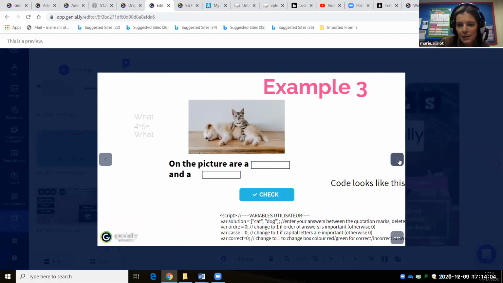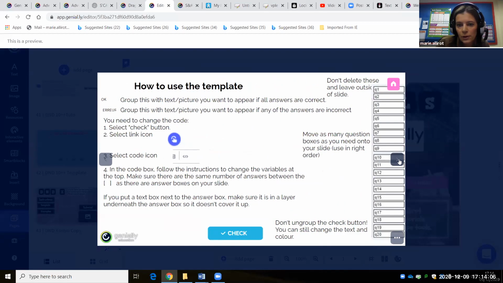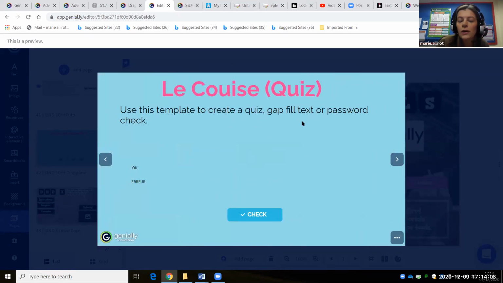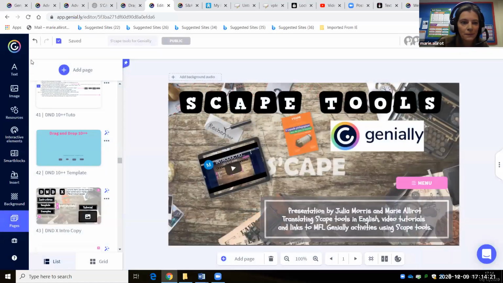The template is in blue. You need to insert that page in your Genially, and then you link these little codes with some object. It's quite hard to explain. I need to show you an example. If that's okay, that'd be lovely.